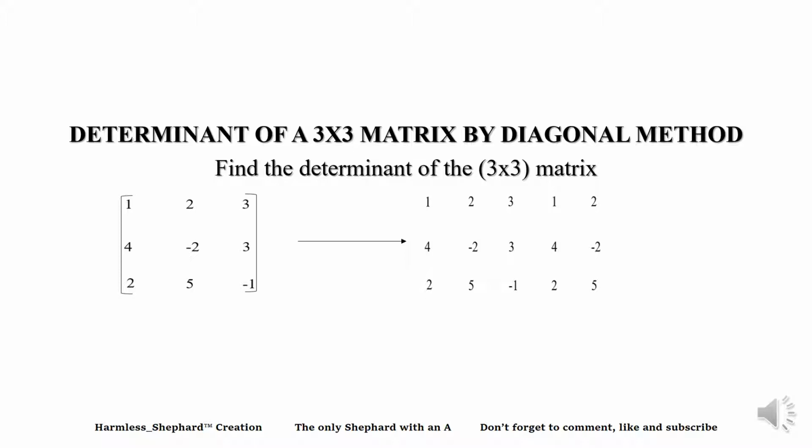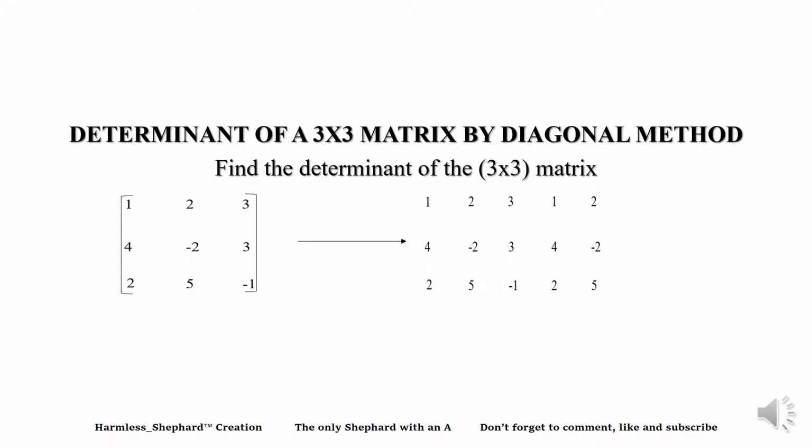See, when we duplicate the first column and the second column, we can see that it's behind the third column. We'll see 1, 4, and 2 behind 3, 3, and minus 1. After that, we'll see the second column 2, minus 2, and 5. So after duplicating that, we now have to multiply